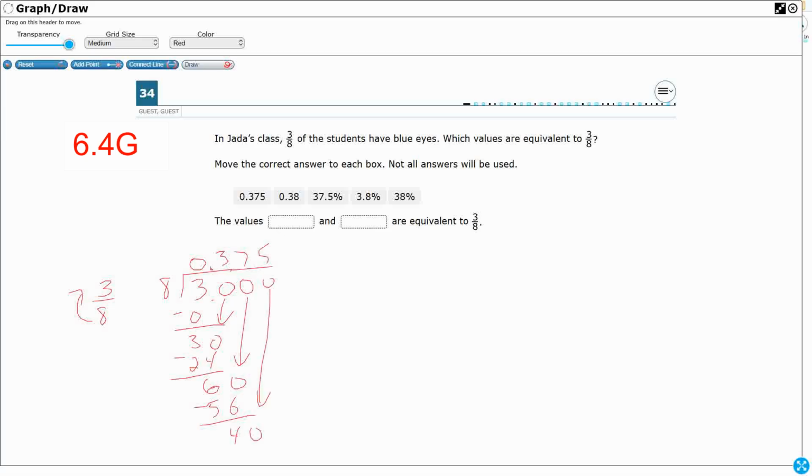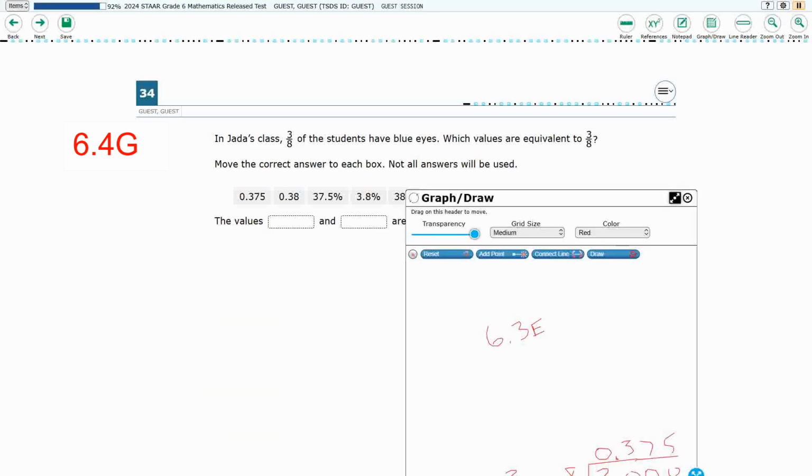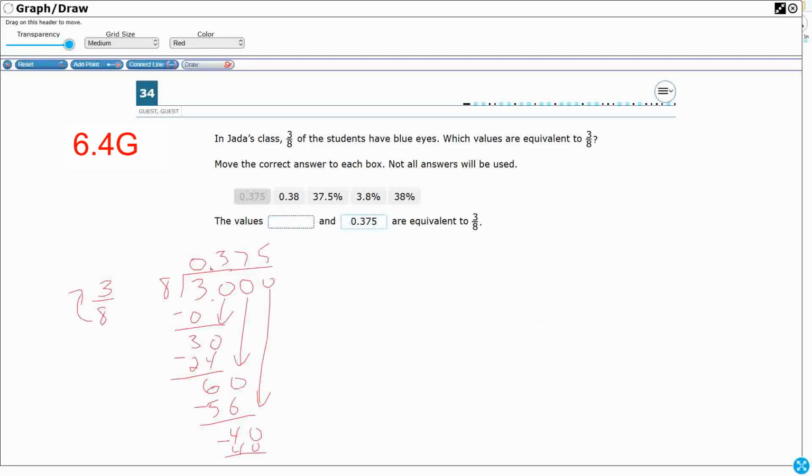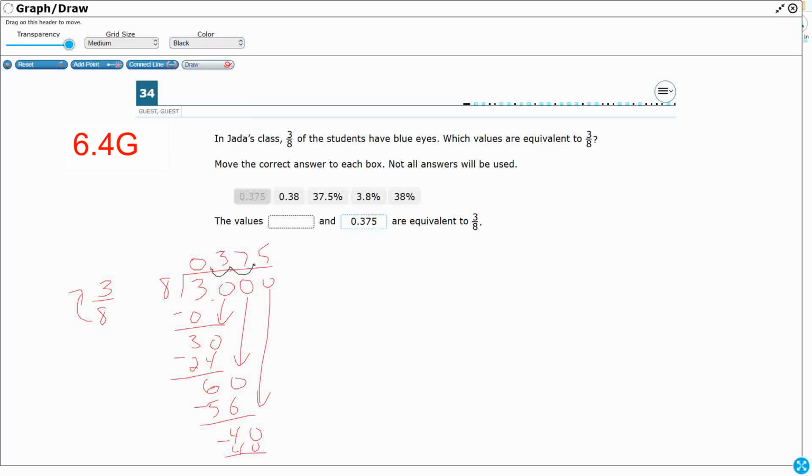There's a 5, and that's going to get us what we need. So it's 0.375. Now you can put these in any order. I can put that there, or if I needed to, I can put that there. And then I need to look for probably I've gotten a fraction and decimal and a percent. Once I've got this decimal, the percent is easy. 1, 2, move the decimal over twice,